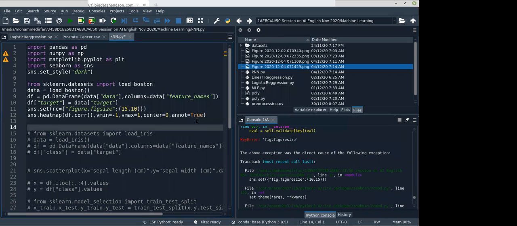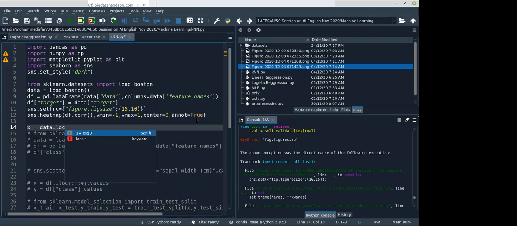So let's take x equal to data dot loc, all the rows we want, but the columns are selective.